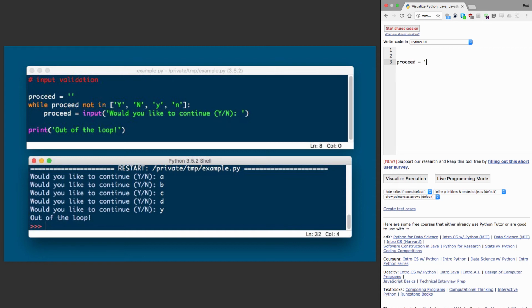So we can create a variable called proceed and just set it to an empty string. And then we can use this in operator. This is a nifty little trick: we can basically say all of these things are acceptable inputs. Capital Y, lowercase y, capital N, lowercase n. So if it's any of those, we're good. But if it's not in there, then we want to keep asking them to enter Y or N. Okay, so while proceed is not in capital Y, lowercase y, capital N, lowercase n,